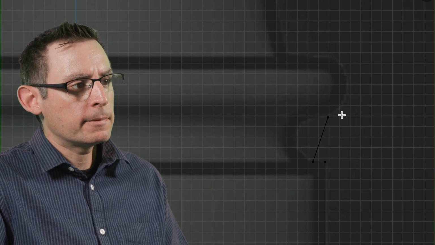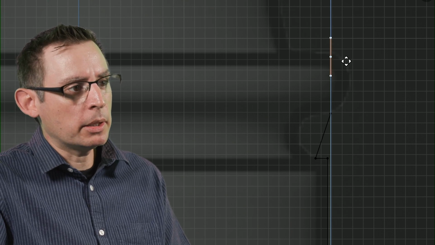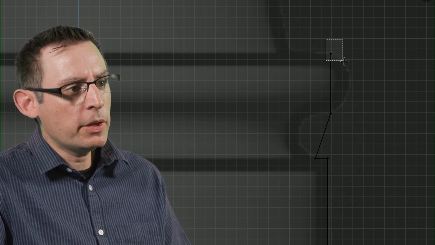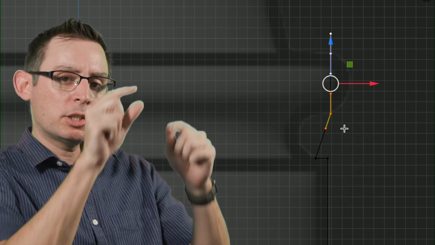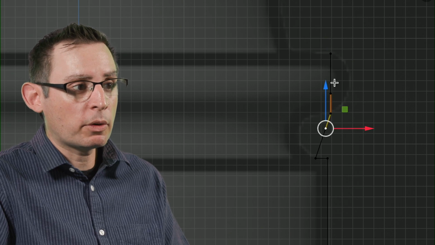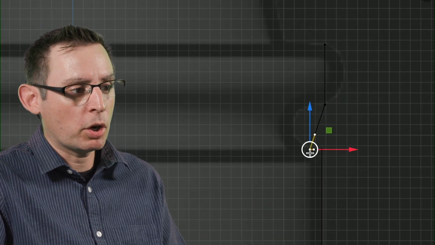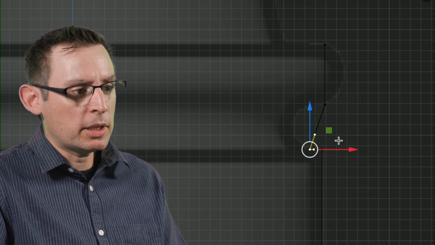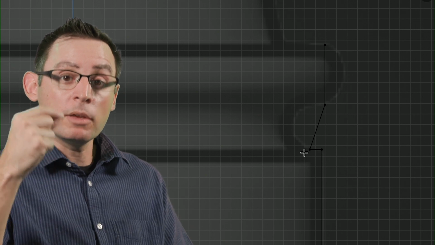Yeah. Now let's do it one more time. E, Z to go immediately up. Now we want to have this point and this point be in the exact same location along the x-axis to ensure that we get a nice consistent curve. With that done, with the location of our verts created, let's change the tangent handle so we can start physically creating the curve itself.